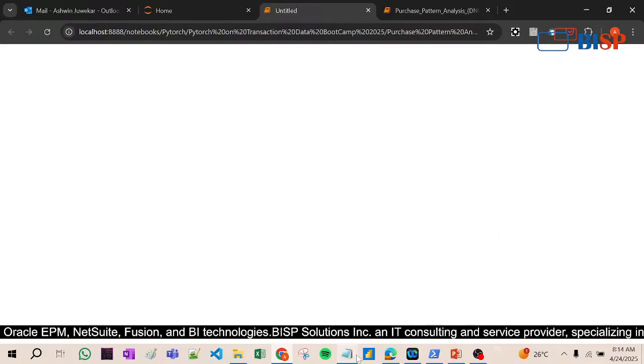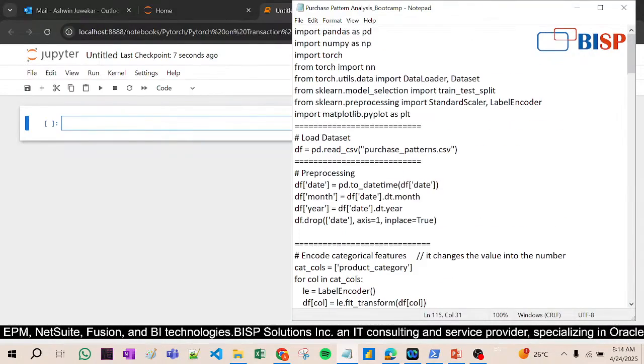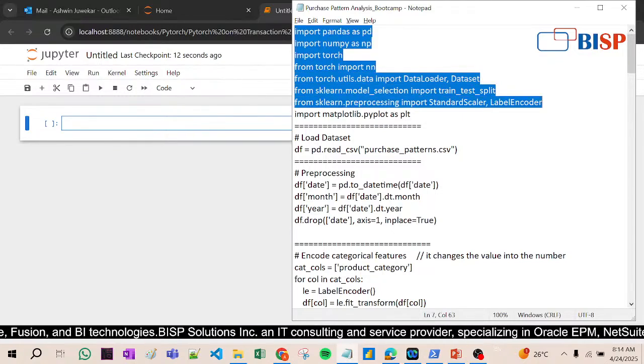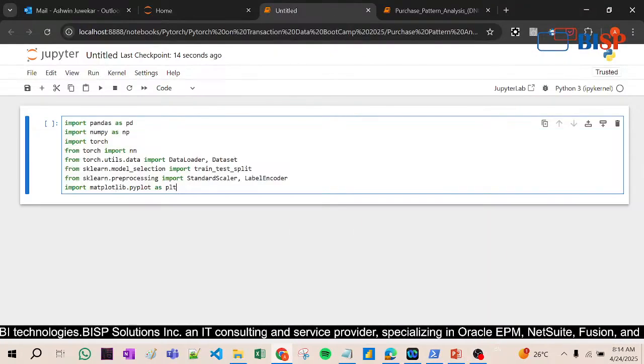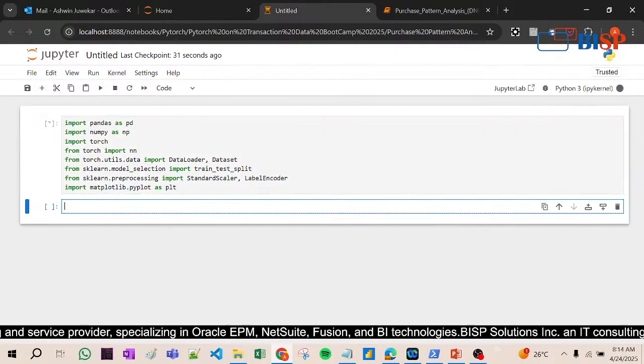Now let's see, I have already created this. So now it would be easy for all of you to understand, because the scenario is clear now. For this we have taken the Excel sheet, that is fine, but to work on that Excel sheet, we have to pull some libraries, okay?